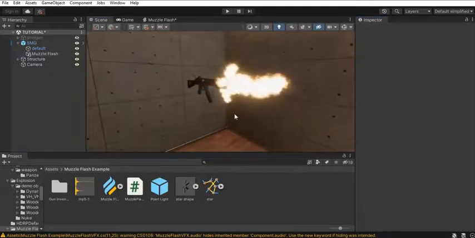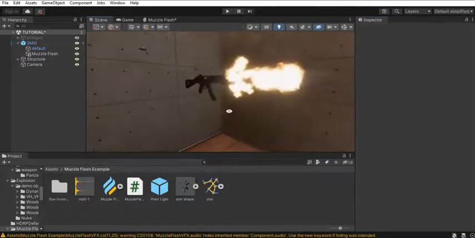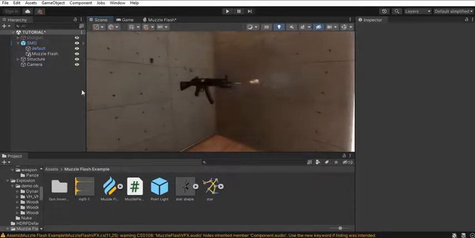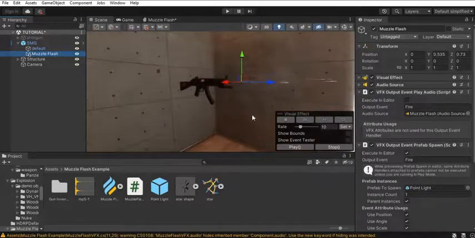Alright, so if we're looking at this in slow motion, in like lower play rate, you can see that